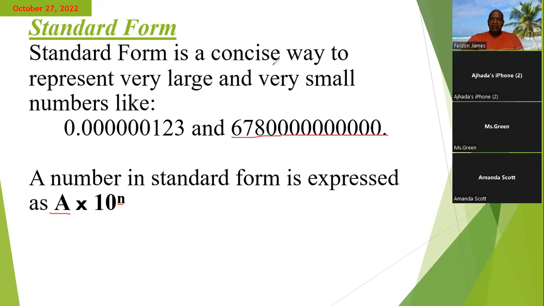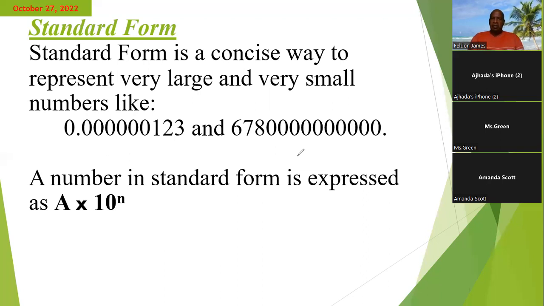So we're going to start off first by finding A. So we're working with the number 6, 7, 8, and then we have 10 zeros. I think we have 10 zeros that follow. Is it 10 zeros? Yes. All right. Now, to find A, the first thing we want to do